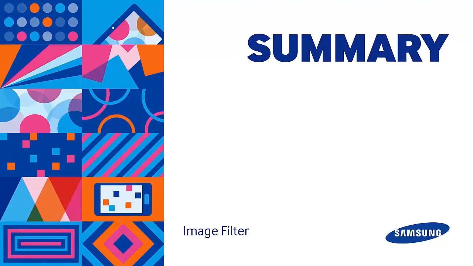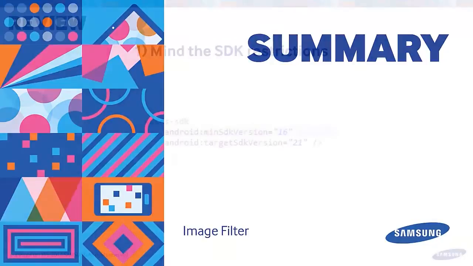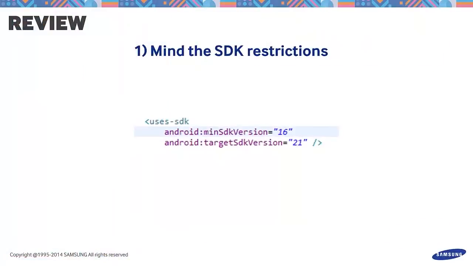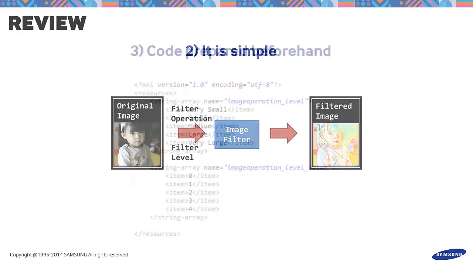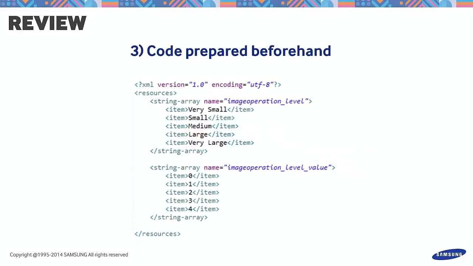Let's summarize the Image Filter SDK and the things we talked about in this episode. In every SDK, there are restrictions. These are the limitations set to make sure that your application will be up and running. The process of filtering the image is made simple for you. You just provide an image, select the filter, then voila! Another artistic side to your captured moments. Remember, there are items we had prepared beforehand. Neglecting to add those will give you an error.